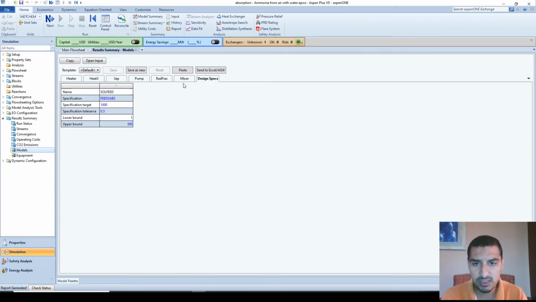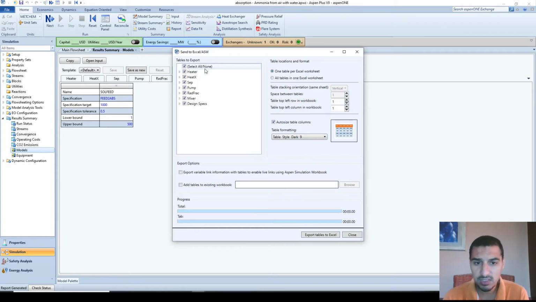Same for the mixer and same for the design spec. Again, you can export it to an Excel file, so that you can use this data somewhere else, and it's going to give you the same thing, what you want to display, everything you can have here. You can choose to display or not to display whatever you want. Again, I'm going to export it, and